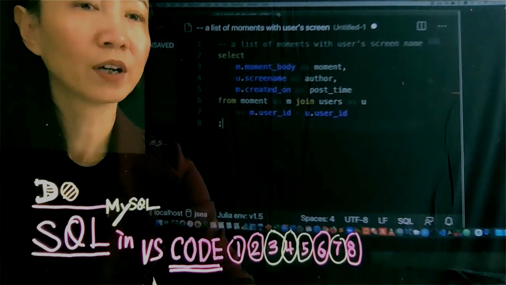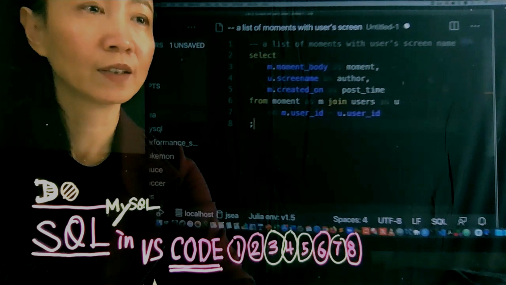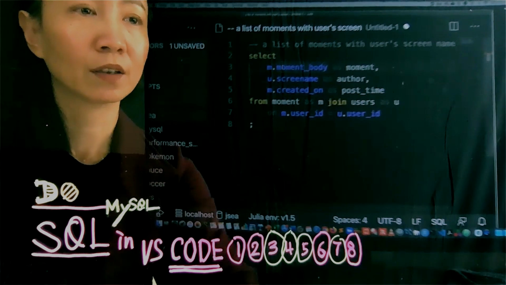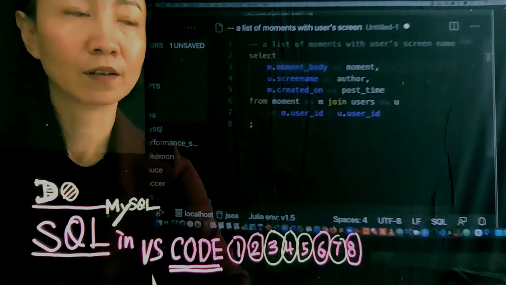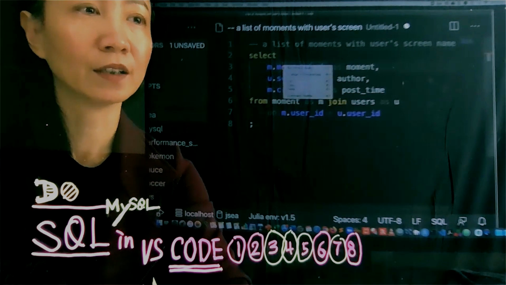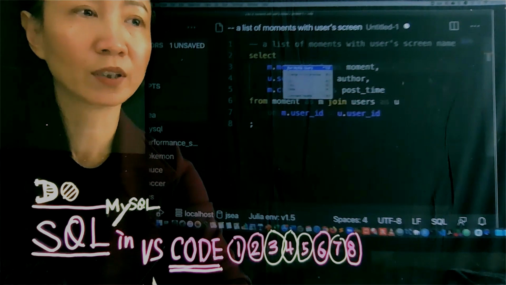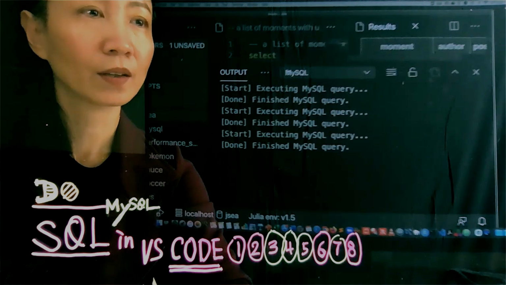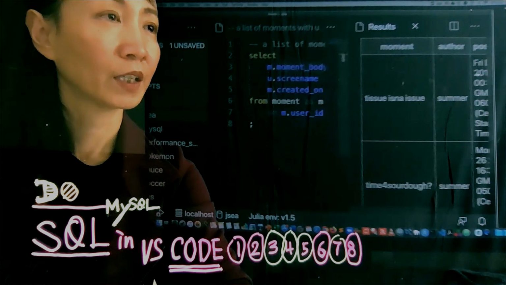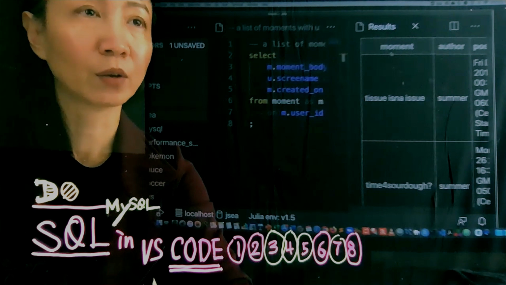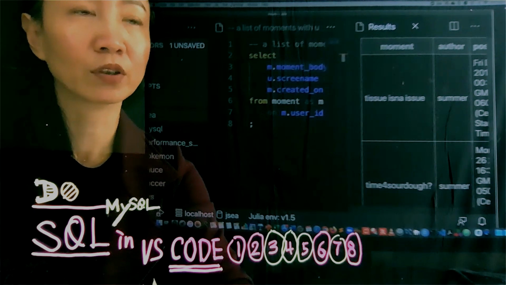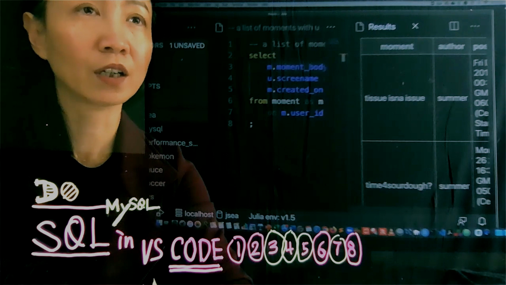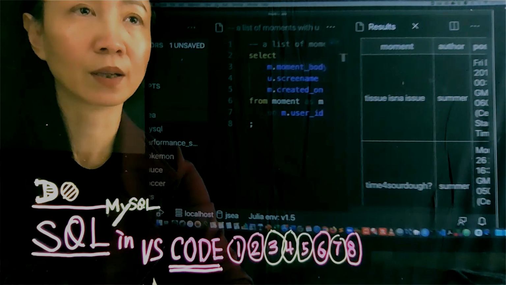So in order to run a query in Code, you can simply place the cursor anywhere in this statement, right-click, then choose the first option, Run MySQL Query. You will see the results appearing on the right. You can also switch the layout in Code, with the query on the top and results on the bottom.